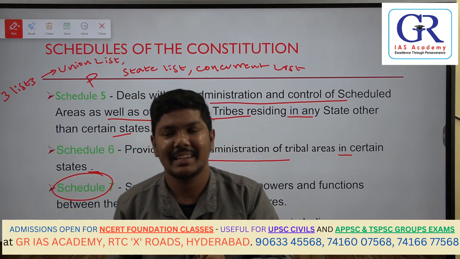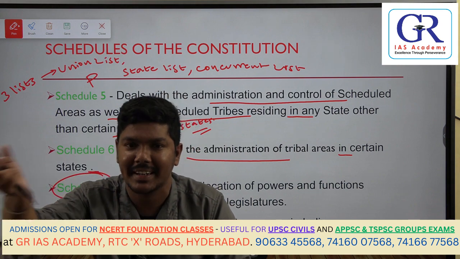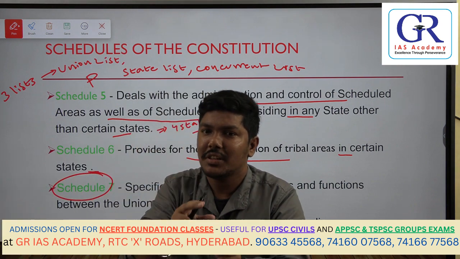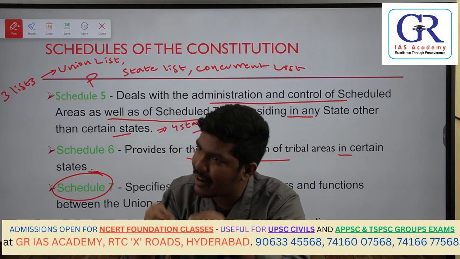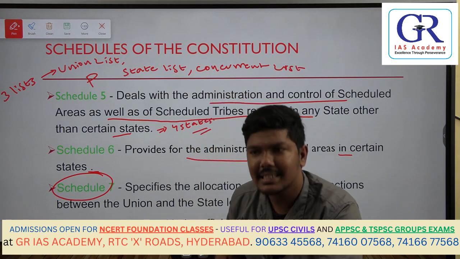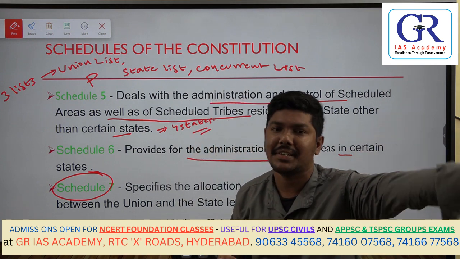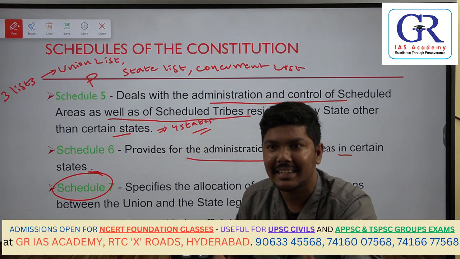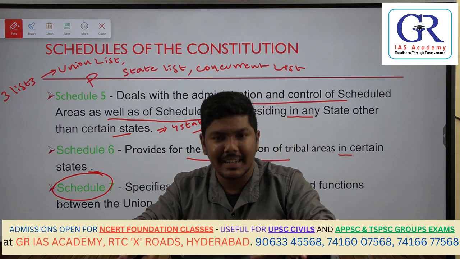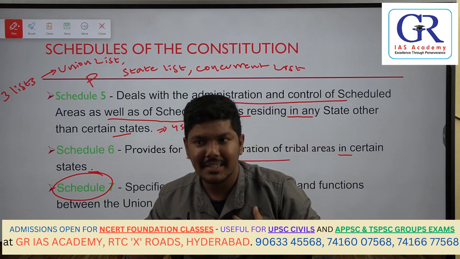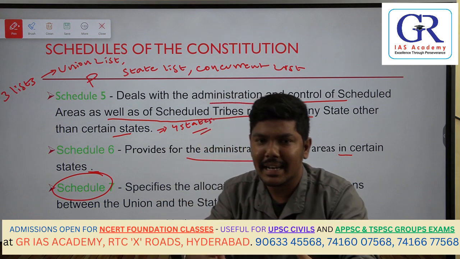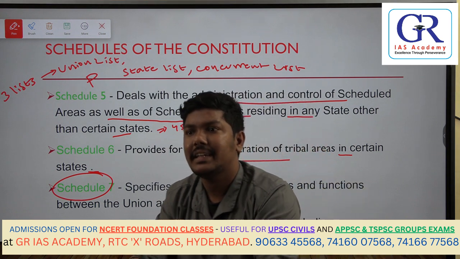Parliament's law, correct, because the parent is much more superior than that of the child. So the Parliament's law will prevail. However, that concerned state legislature can go to the president and request him that my state circumstances are a little bit different, so that is the reason why I have made a law.